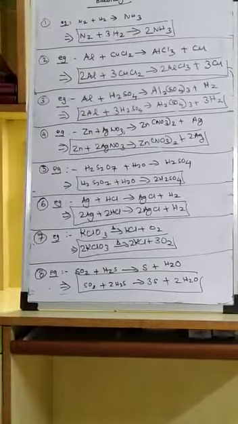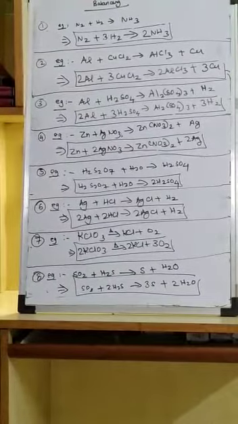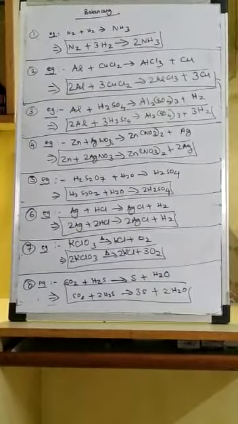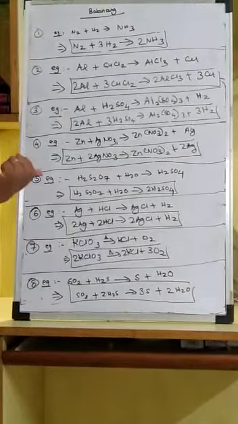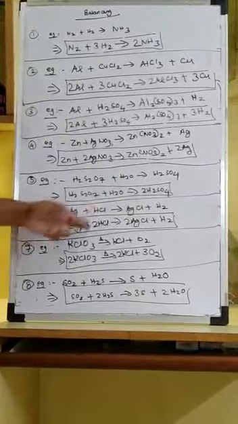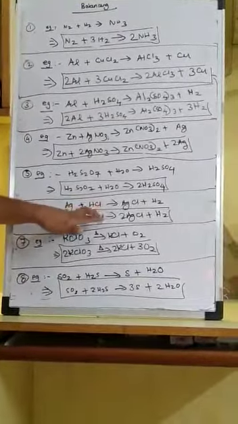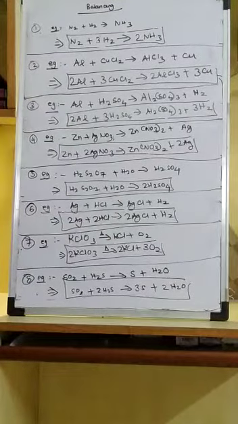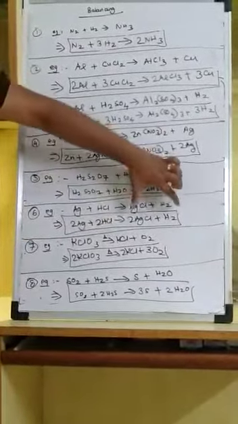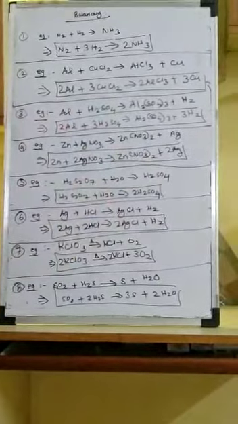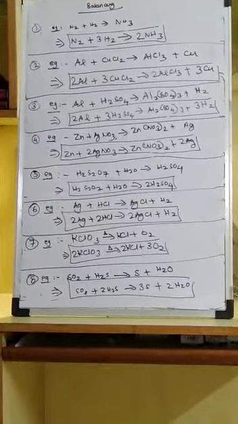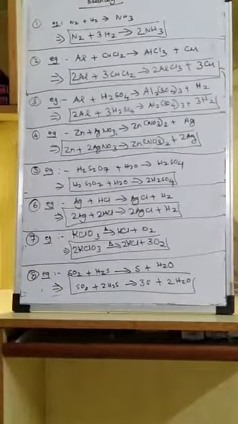In the sixth example, Ag plus HCl gives me AgCl plus H2. Ag and Cl is no problem actually on the LHS and the RHS. Hydrogen is a problem. 1 hydrogen on the LHS and 2 hydrogens on the RHS. So a stoichiometric coefficient of 2 for HCl on the LHS helps me go ahead. That makes it 2 chlorines, so I have to also add 2 for the AgCl to imply 2 chlorines on the RHS. Now in the attempt to balance hydrogens and chlorines, I have made AgCl 2 on the RHS, so that Ag is made 2 on the LHS. Finally, I have 2 silvers on both sides, 2 chlorines on both sides, and I have 2 hydrogens on both sides.